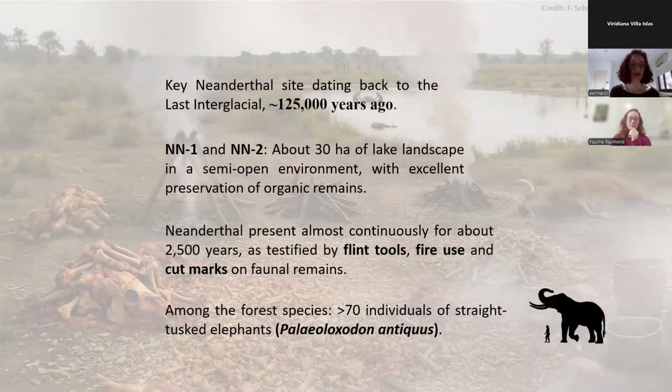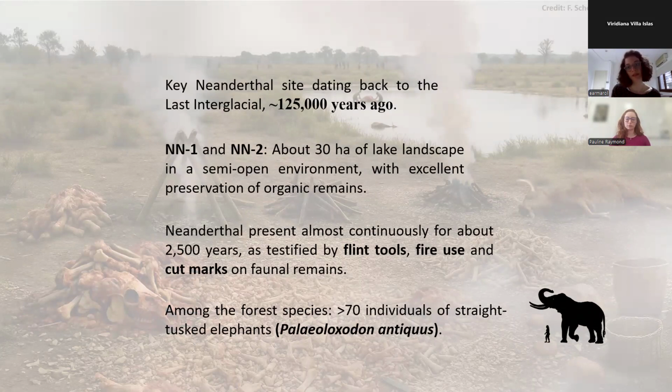And the archaeologists found evidence for two main sites named Neumark-Nord 1 and 2. It was about 30 hectares of lake landscape in a semi-open environment with excellent preservation of organic remains thanks to the presence of water. So they found many flint tools, for example, and also evidence for fire use. In fact, Neanderthals